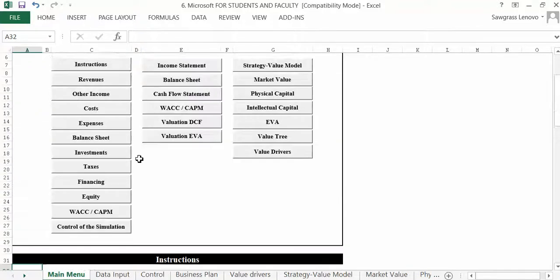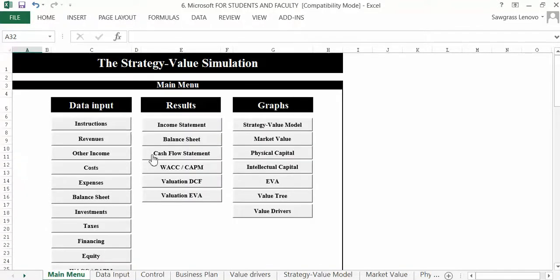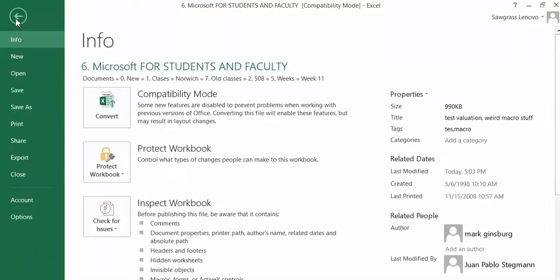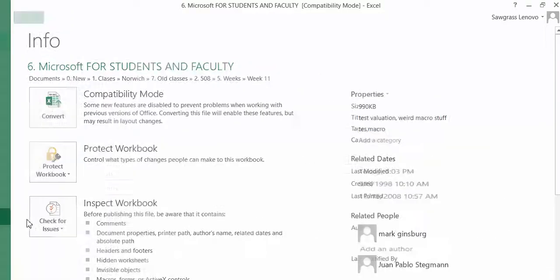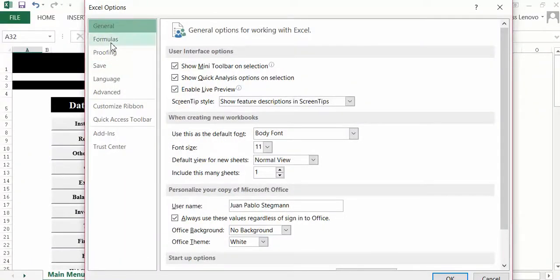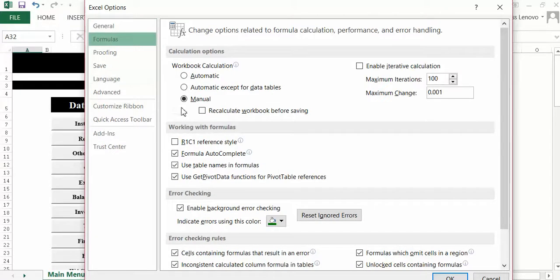But one of the instructions is that you have to enable the manual calculation. So you have to go to File, then Options, then Formulas, and in Formulas, put in manual calculation. The simulation is already in manual calculation, but maybe on your computer you have it in automatic. That is the normal thing. Keep it in manual. And the reason is because when you start